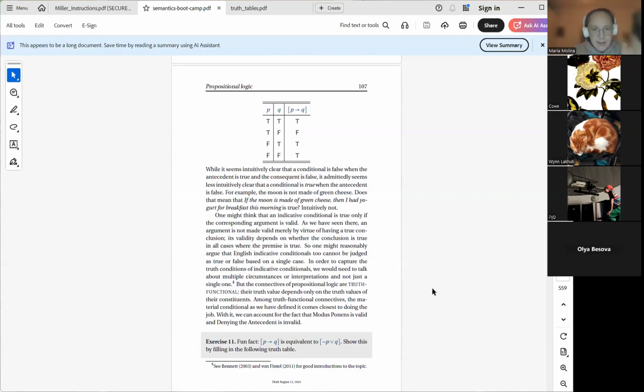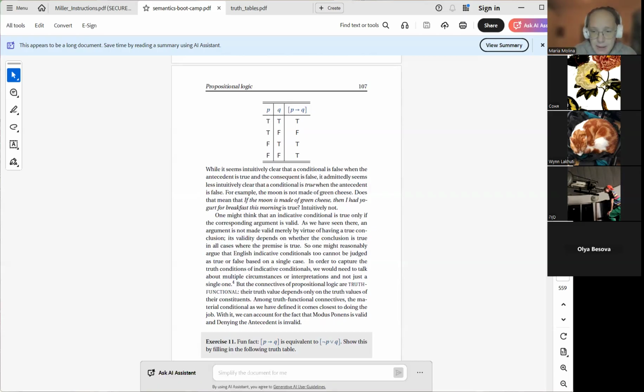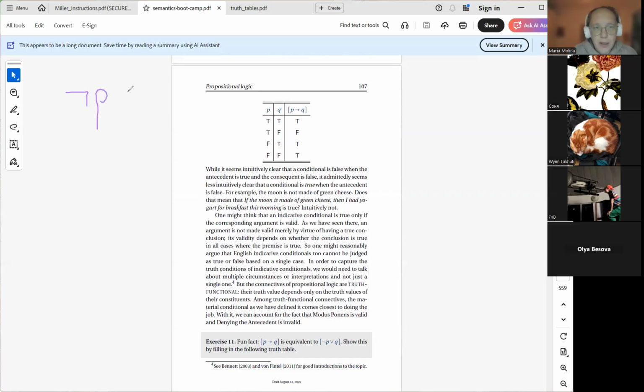All right. Let's do the truth table. Not P or Q versus